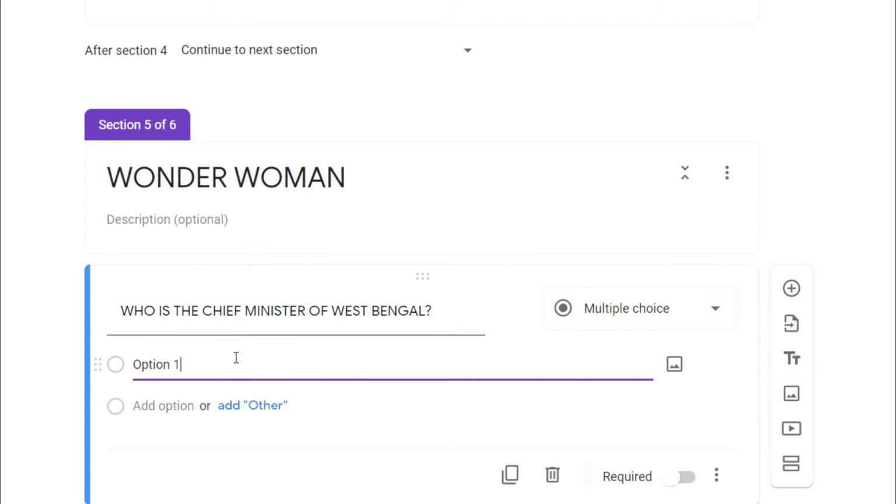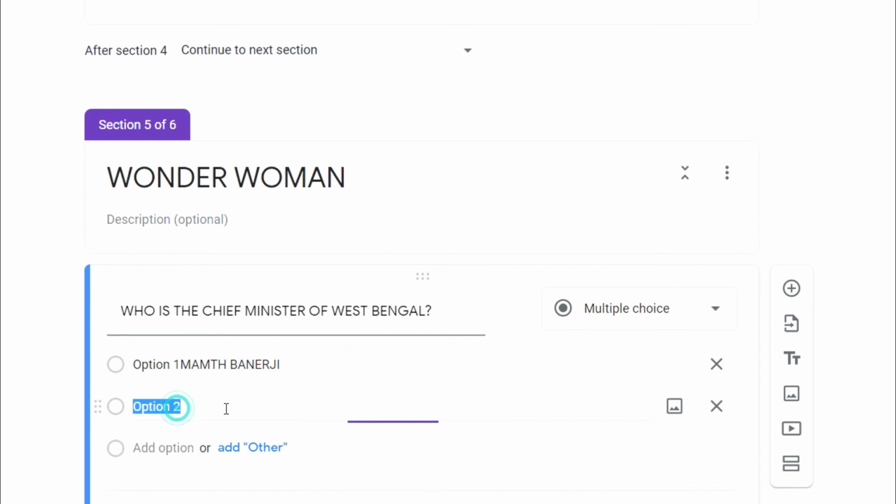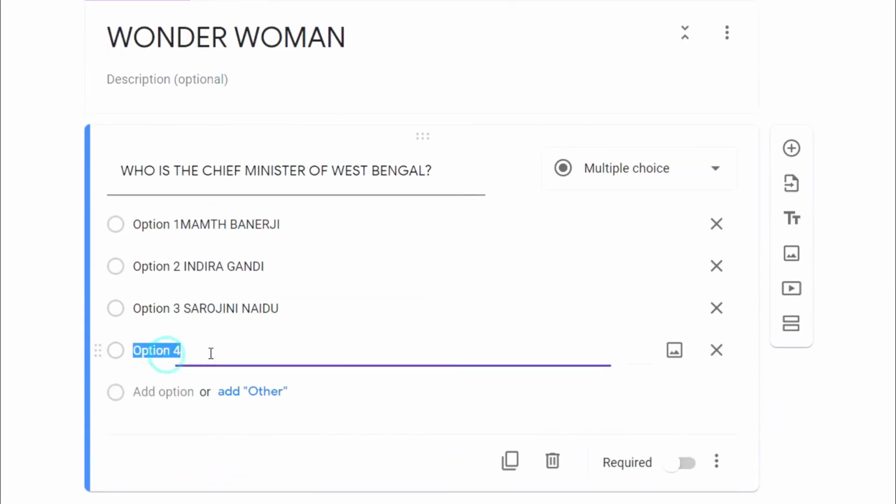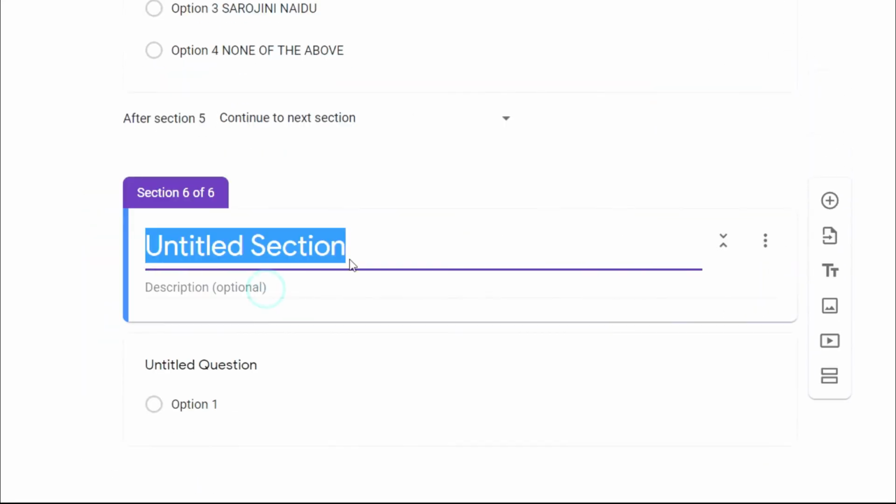Options you can give: Mamata Banerjee, Indira Gandhi, Sarojini Naidu. Option 4, none of the above. In the same way, you can create questions for Captain America also.